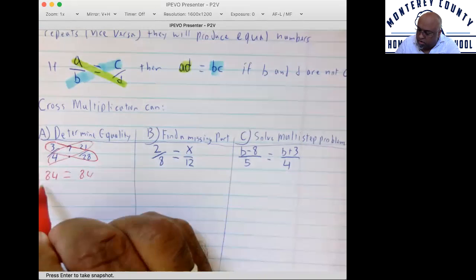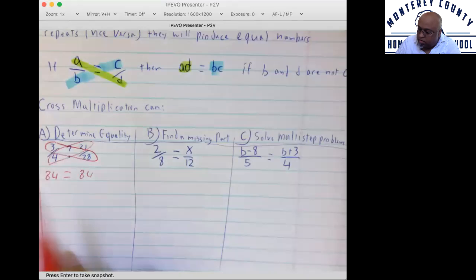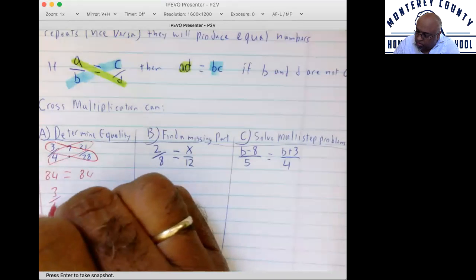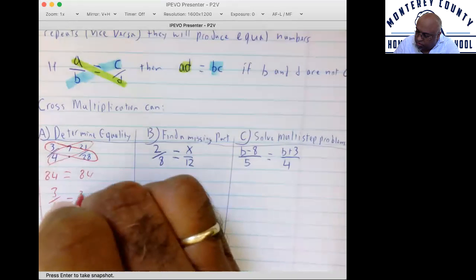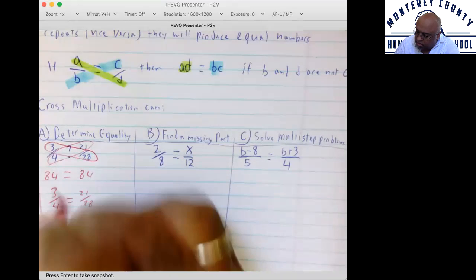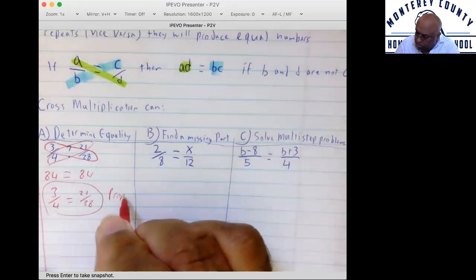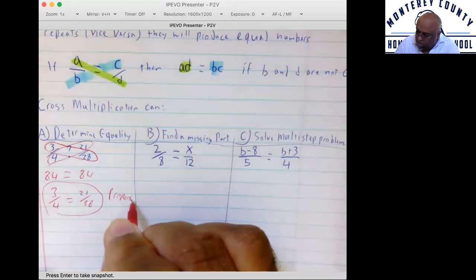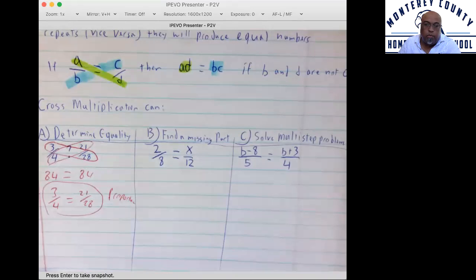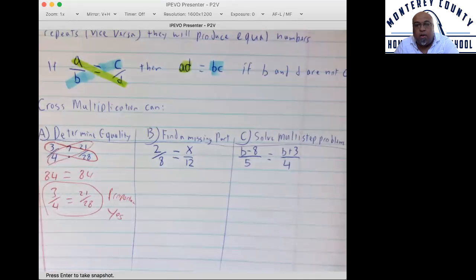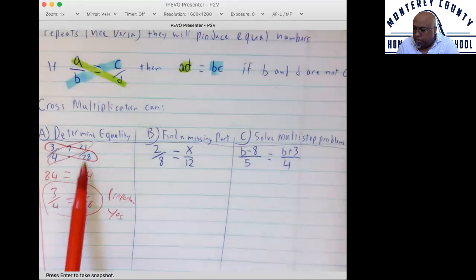Now oh, well, look at that. They're equal. So then I can know for certain that 3/4 is equal to 21 over 28. And this is a proportion. So I ran out of room there to write the word proportion, so I'll just say yes. Okay. How can you tell? Because when I use the cross product property here,